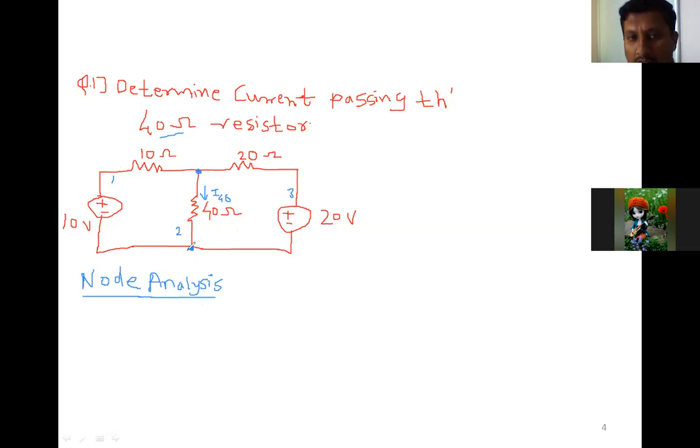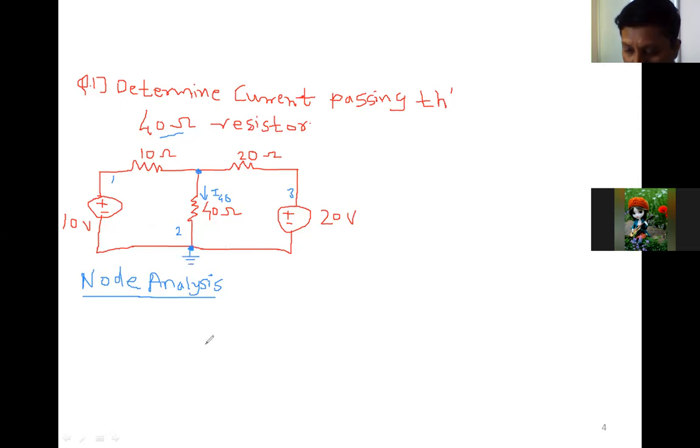So generally, the bottom point, or it is called the common point, is considered as a ground. So how to identify ground? Why is this not ground? Because the negative terminal of the voltage supply, where is it connected, see. Here also negative is connected. So generally, with the help of the power supply, you can consider the ground point. Negative is nothing but ground, and that is connected here at this point. So this I will consider as a ground point.